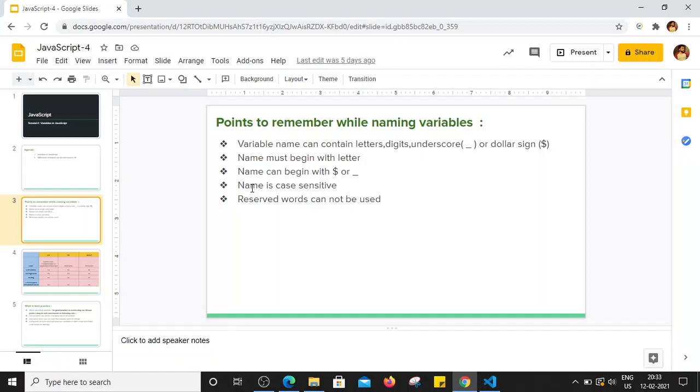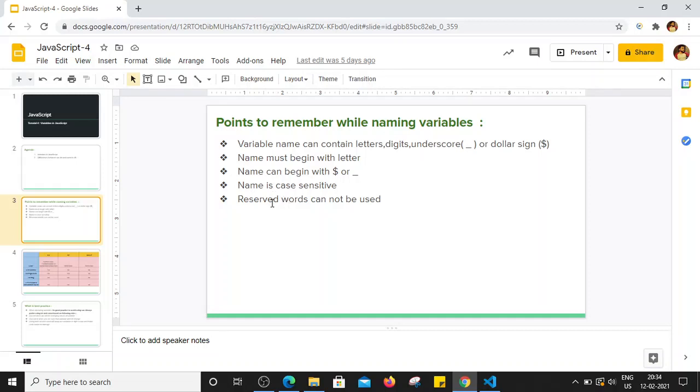Names are case sensitive. For example, if you give small x and capital X, both are treated as different variables in JavaScript. So while using them in our project, we have to be very careful.